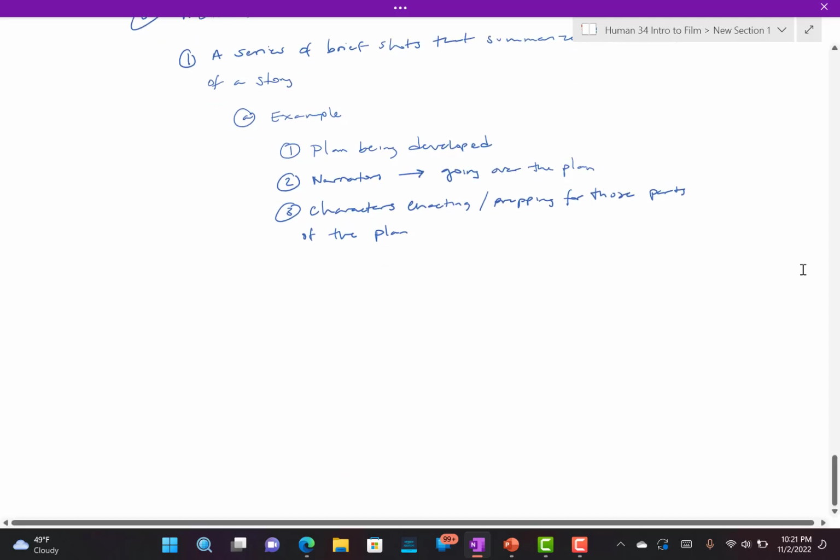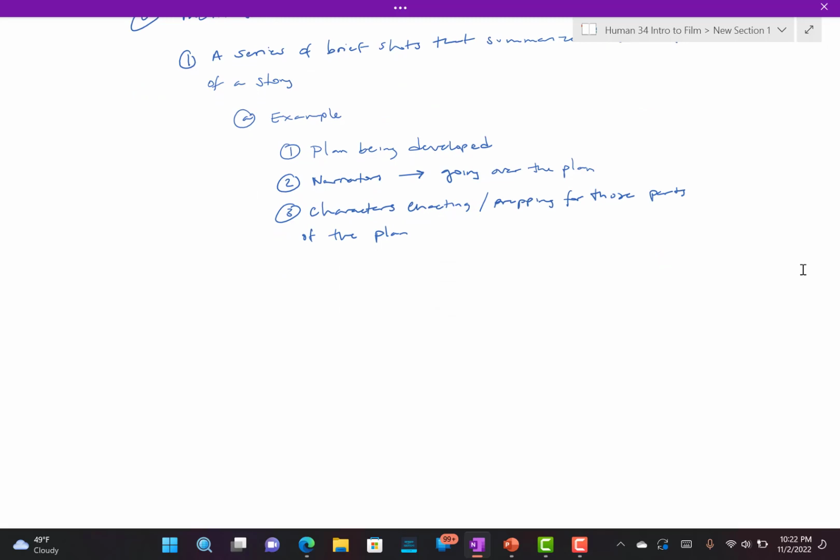And this is done with both longer and shorter films. So films with a shorter story duration can still have montage sequences to quickly cover plot points that don't need full explanation. Essentially, it allows you to quickly cover longer plot points. So instead of having a half hour showing all of those scenes, you show the sequence of events in a montage that shows them doing it, and it moves the story forward quite quickly,